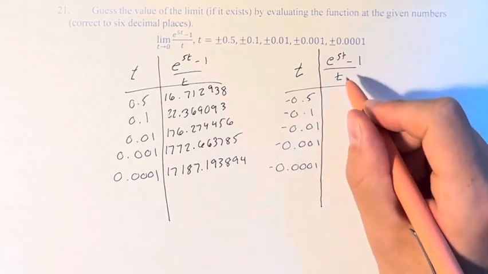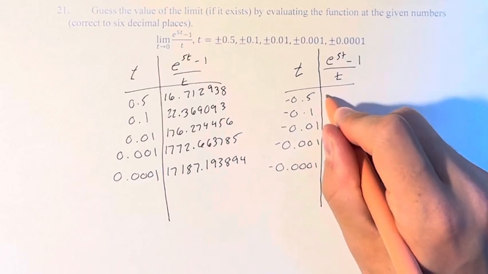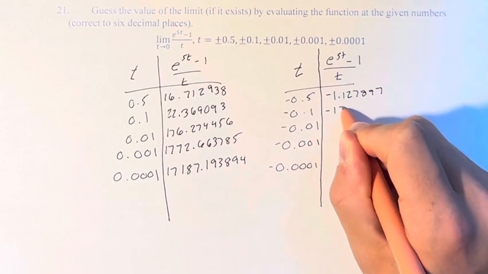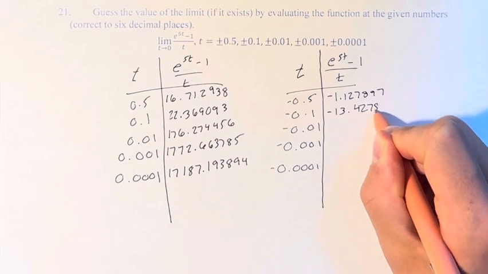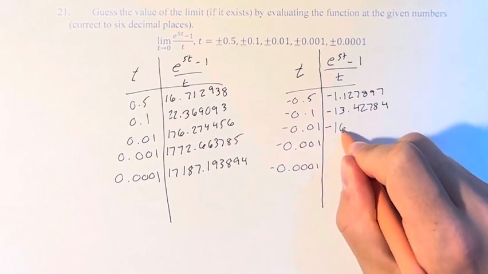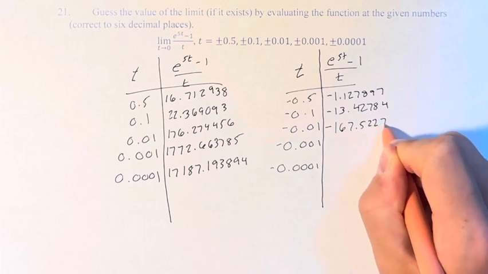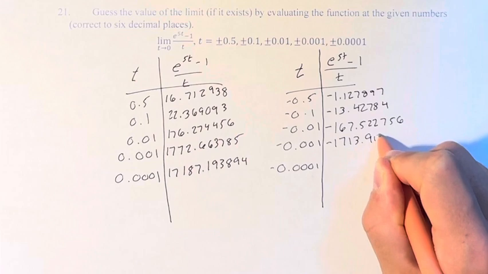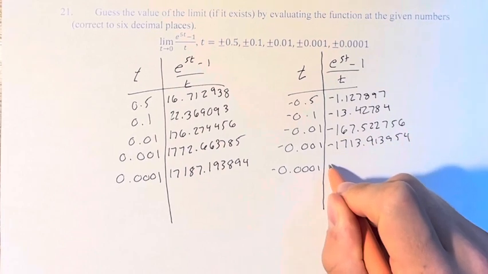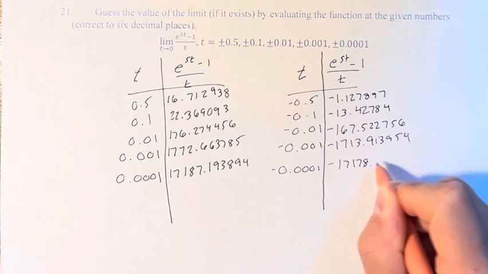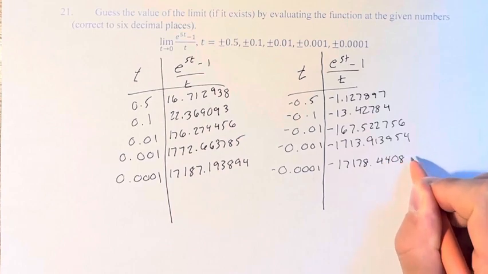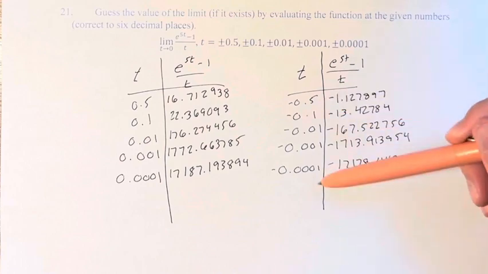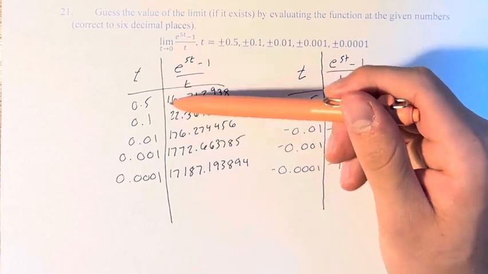So plugging these values into the equation, we get negative 1.127897, negative 13.42784, negative 167.522756, negative 1,713.913954, and negative 17,178.440822. And so if we look at these values, as we're getting closer and closer to 0, the value of